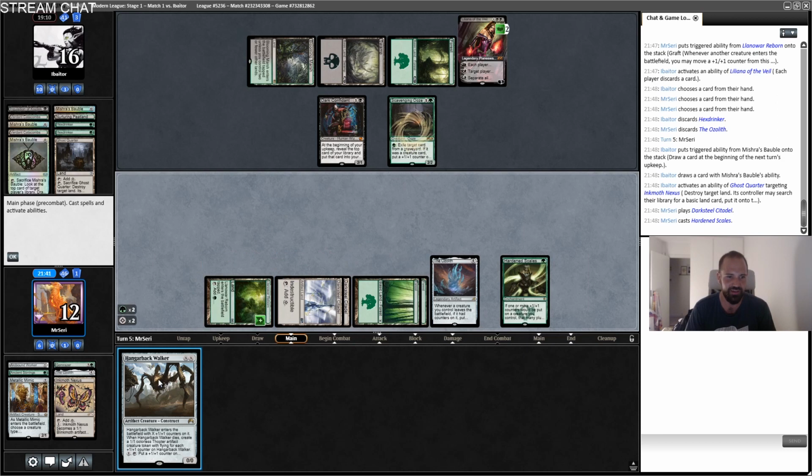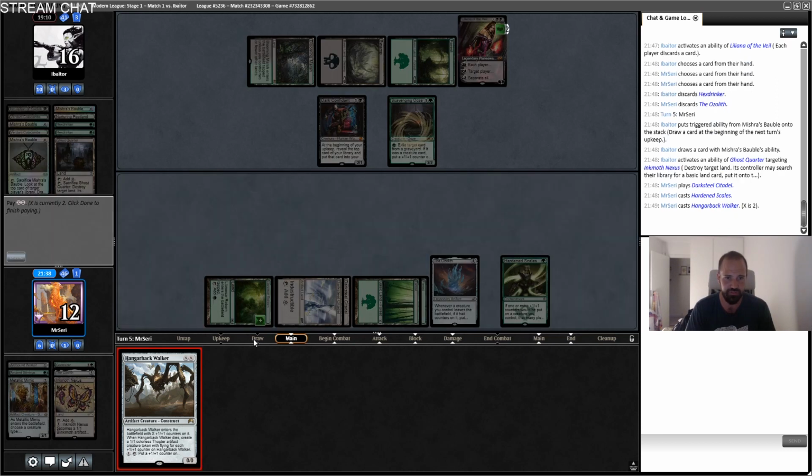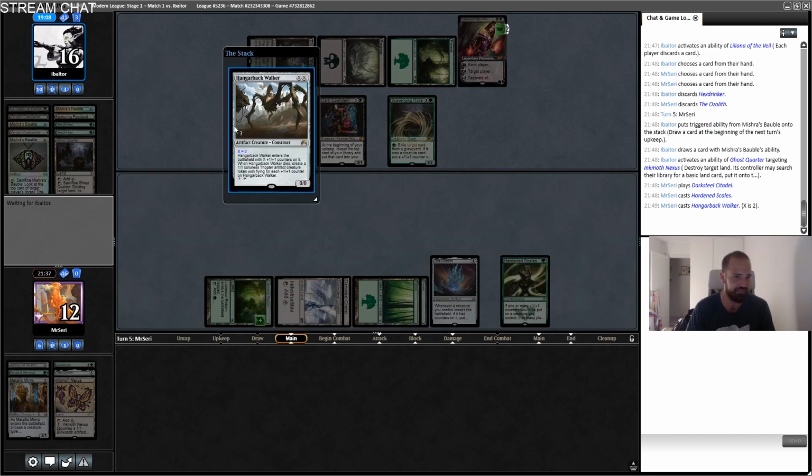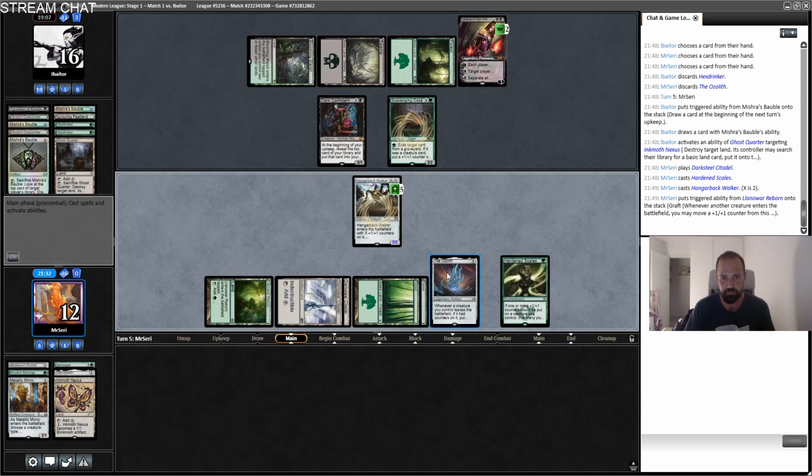So that's why we save the counters, I guess, here. So we will just play a 2/2 Walker. It will come as a 3/3, put an extra counter. So we get a 5/5. But they still have a million cards in hand. But I mean, this is probably the best card that we could have drawn. And we have the Ozolith for...